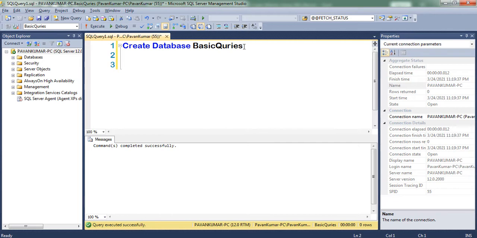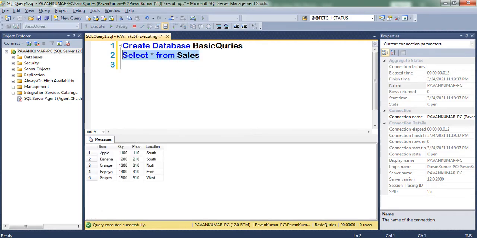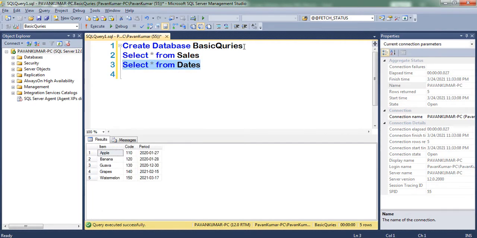Already I created the tables by using VBA macros through automation. Now I am cross checking in query analyzer. Like that, we can interact through query analyzer also with the same tables which I created through VBA macros.